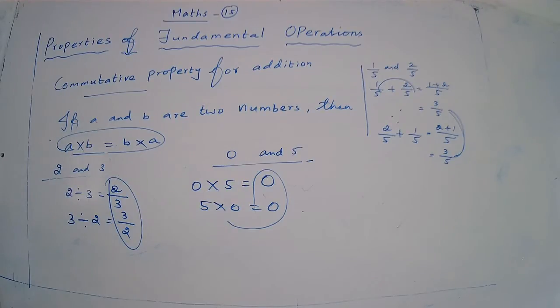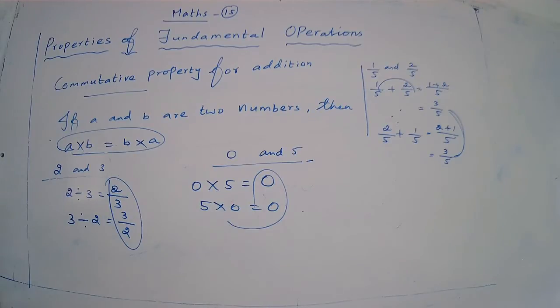In the table before, A divided by B is not equal to B divided by A. Is there? Yes. You underline that line. So, commutative property is not true for division of numbers. Okay, children? So, 4 points, that is very, very important. Commutative property is true for only addition and multiplication only.